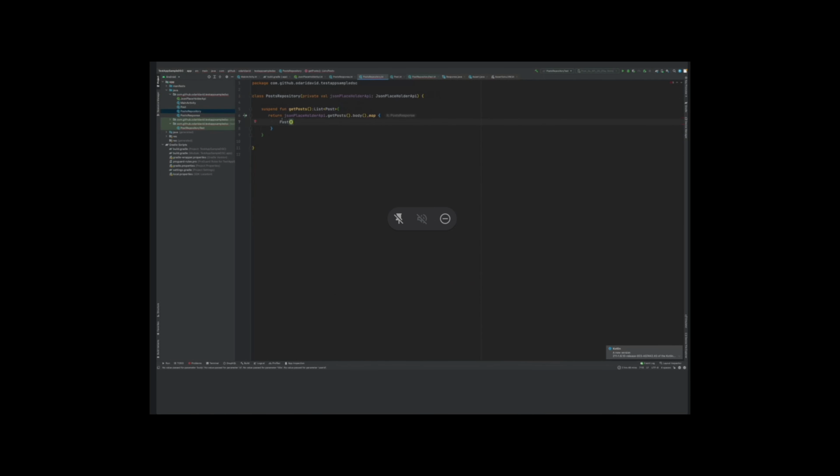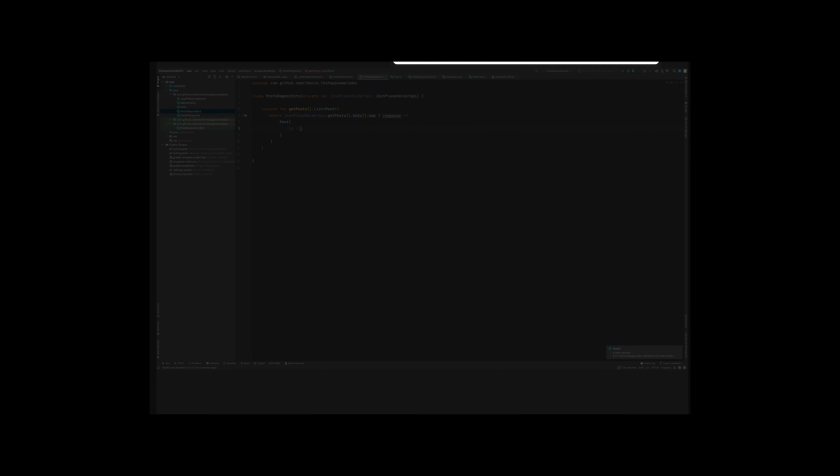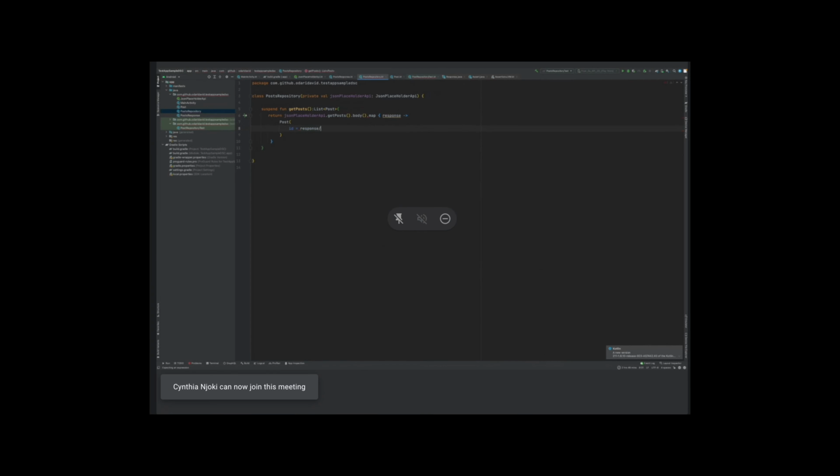Post, and we have ID, title, so we can map these points. ID. What else do we need? Yeah, probably